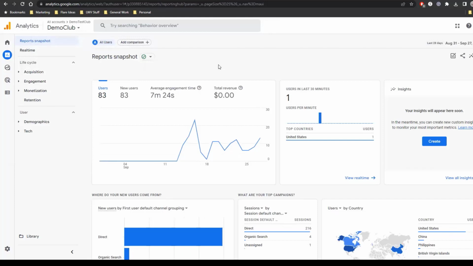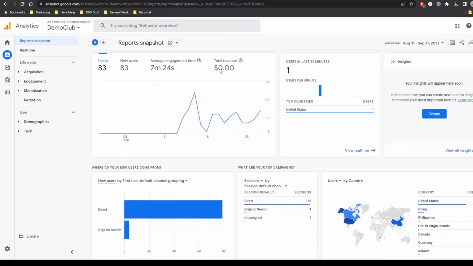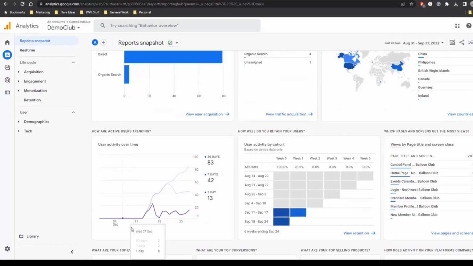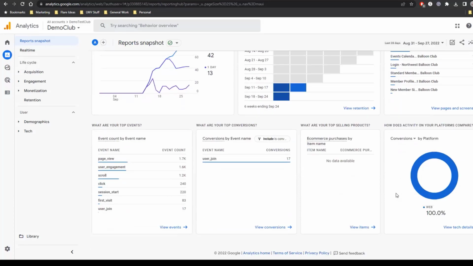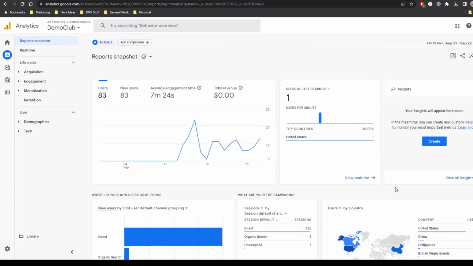Now, this is essentially the homepage of your Google Analytics account that you would set up. It's a dashboard that's going to include a lot of different reports and cards based on some of the data indicators that you said you wanted to collect at that initial stage. Now, again, these are things that Google is just providing to you because it thinks that, based on what you want to see, based on the knowledge you want to collect, this is the information that is going to be